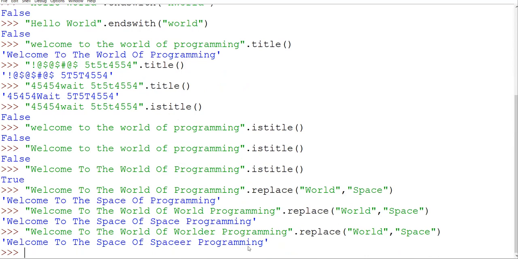This is very weird, but you can see that if it is part of a word, it is still working perfectly. This is not a proper word, but what you have to understand is that if the substring also exists in my string, it is going to replace it, just like find and replace in MS Word. Fine, so this is how find and replace will work.